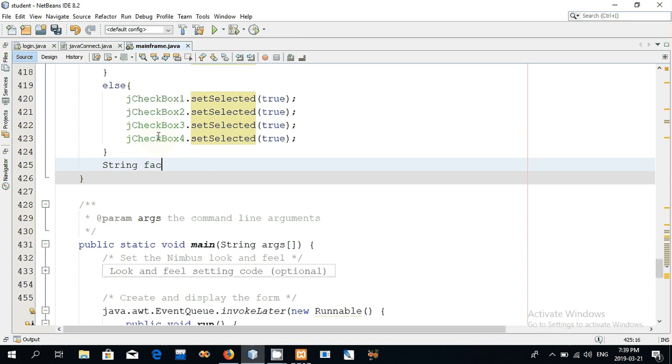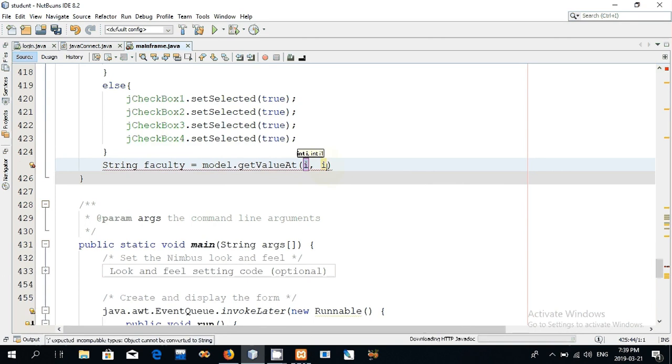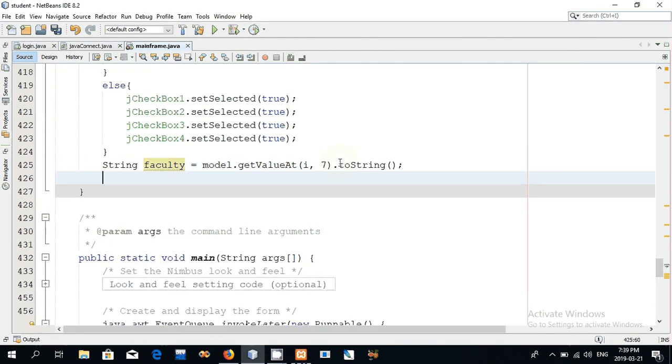string faculty equal to model dot get value at, that is number 7, dot to string. And after that, again use the if else condition, if faculty